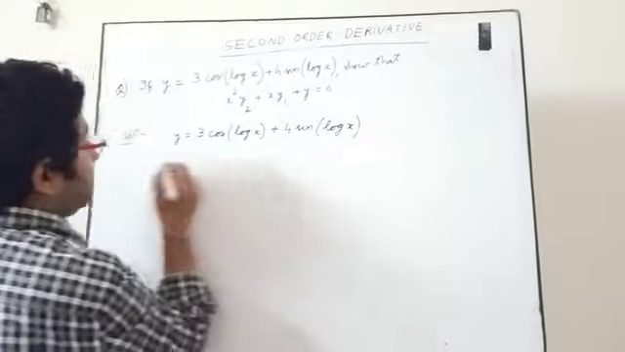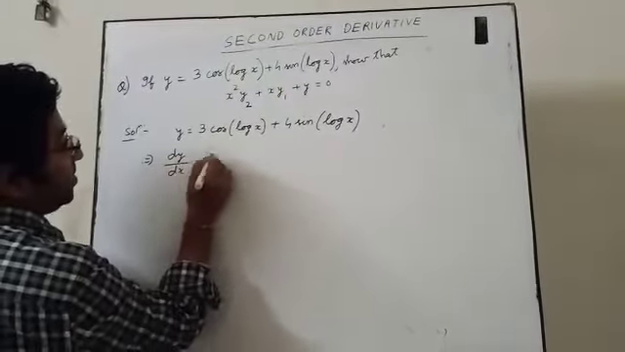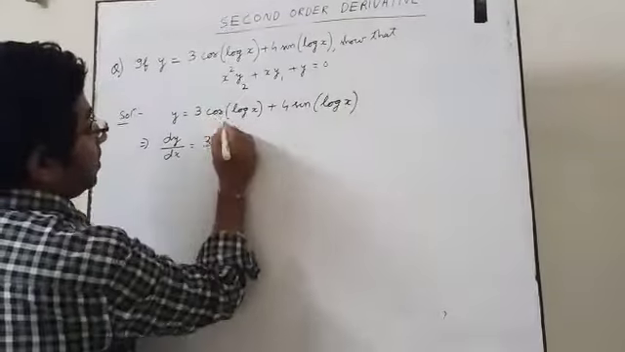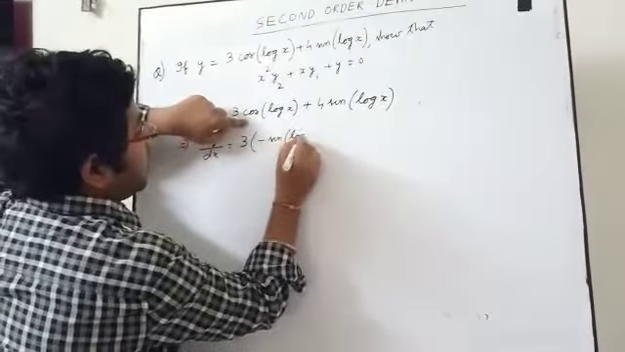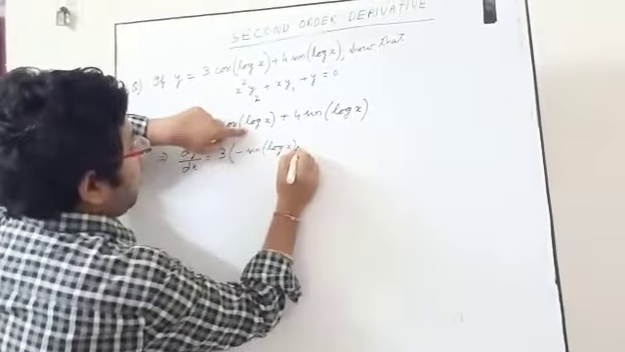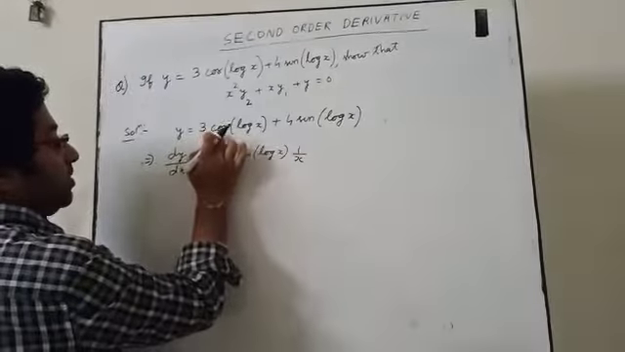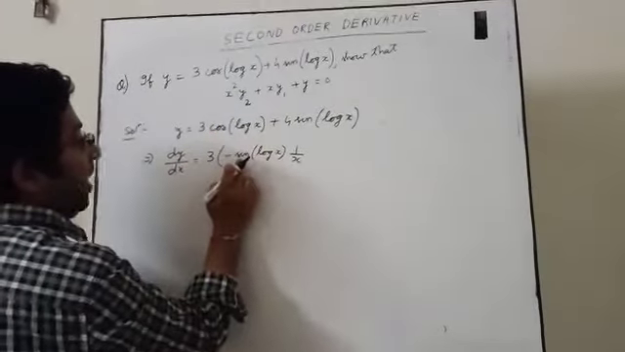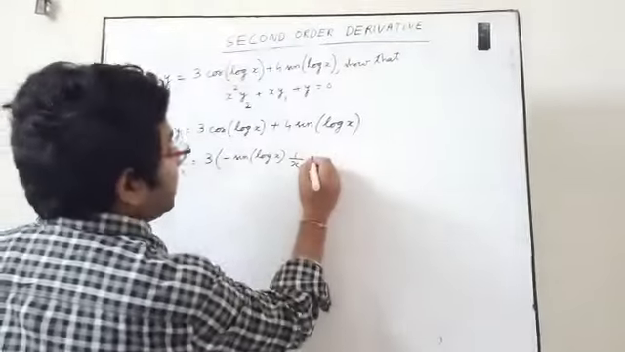Okay, so do the first order derivative dy by dx. 3 into the derivative of cos log x. First finish the cos, so minus sin log x. Again d/dx of log x is how much? 1 by x. First finish the derivative of cos, which is minus sin log x into the derivative of log x, 1 by x, plus